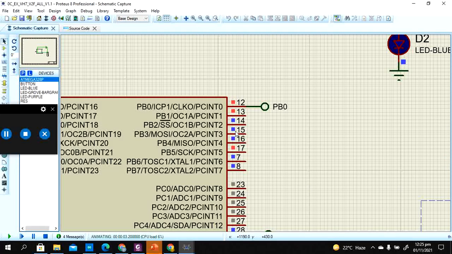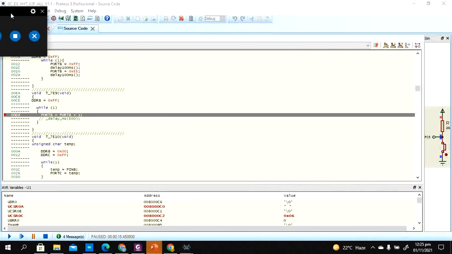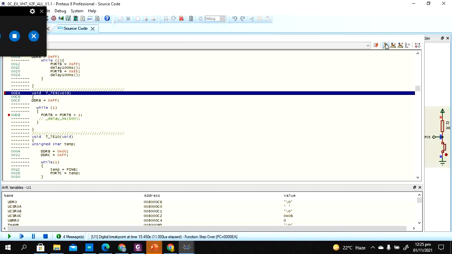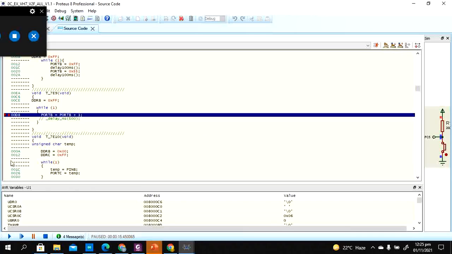You can see the counter is running at a much faster rate. When it goes from 0 to FF, which means 1 1 1 1 1 1 1 1, it rolls back to 0. So it's going from 0 to 255 and then back to 0, and this is going much faster than you can see. If you want to see it, you need to stop this program, add a breakpoint, and then run it step by step, and you can also see the values that are changing inside this particular port B. The value of port B can be shown here as well.